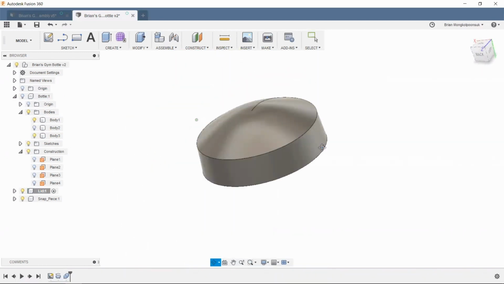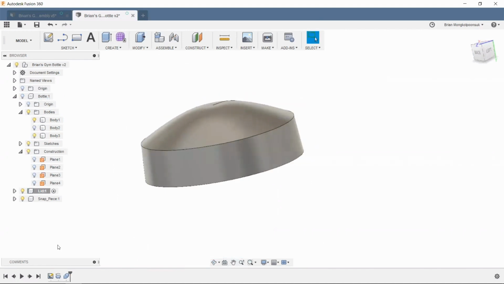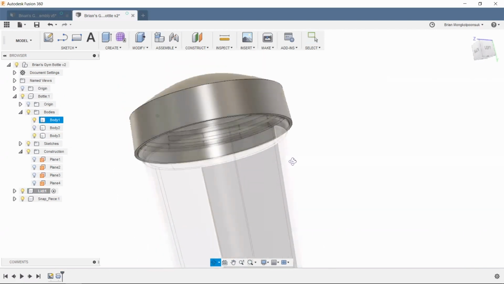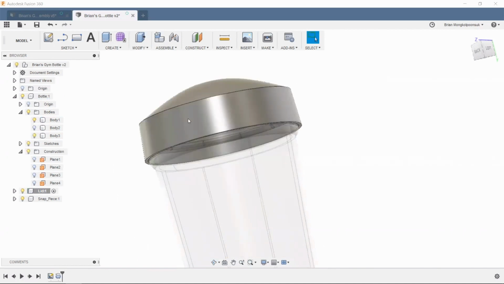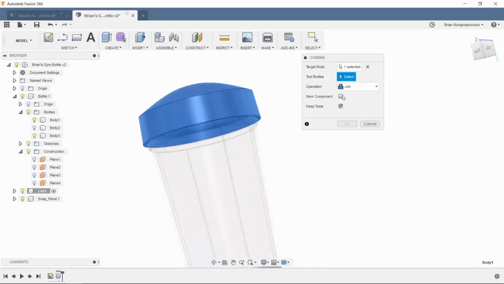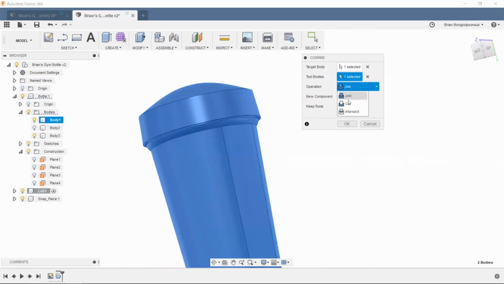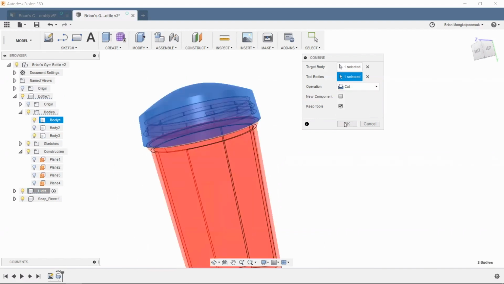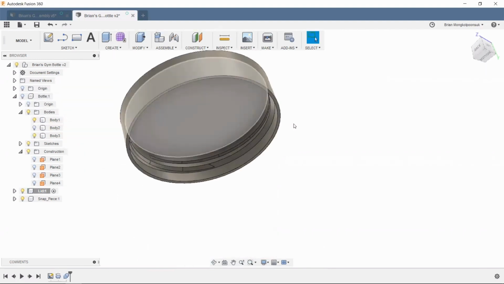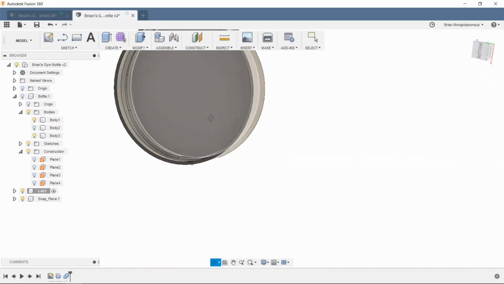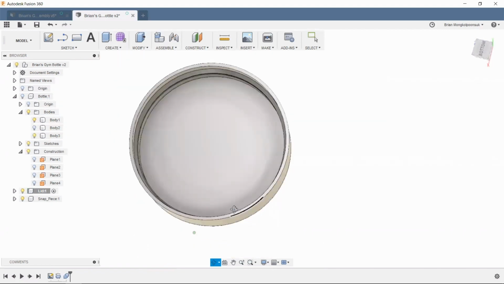it should cut it for us. Let's do that again. Show my bottle, show that there. We'll go to combine, the target body and then the tool body. Cut. Now if I hide this bottle, there we go. So now I have the threads that were a Boolean of the